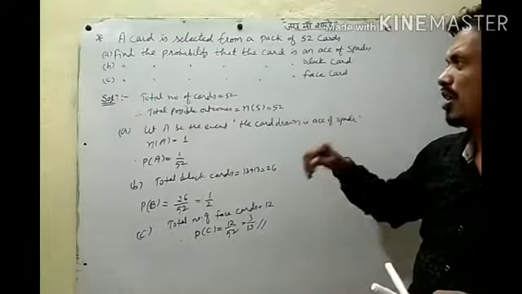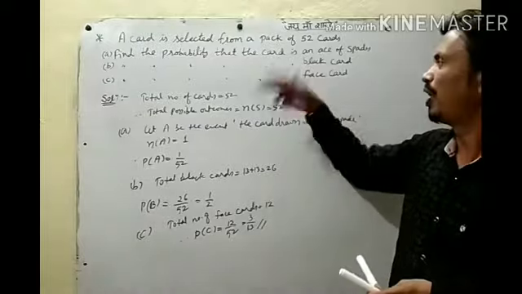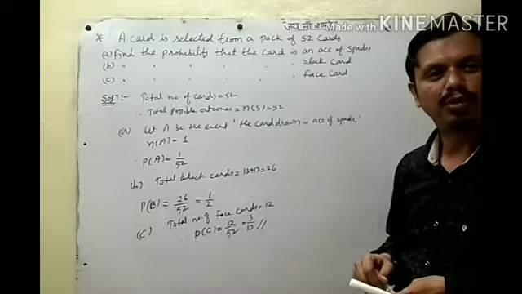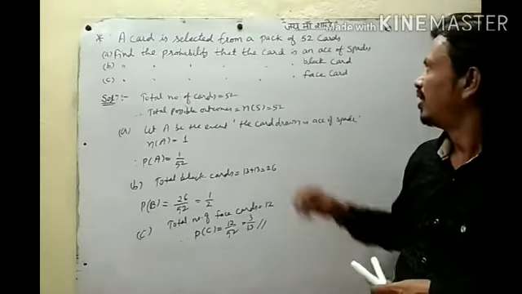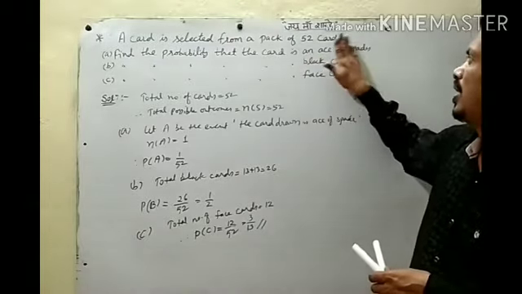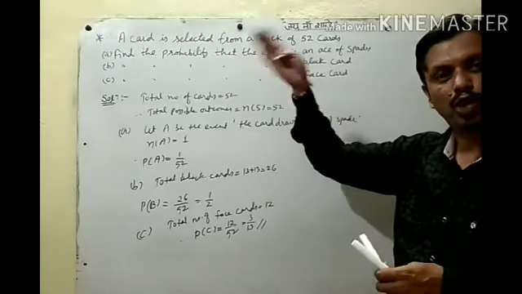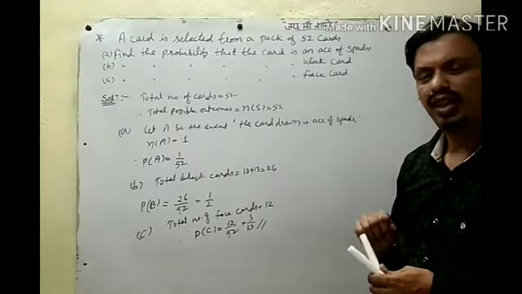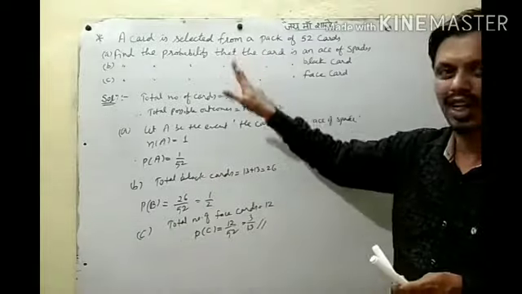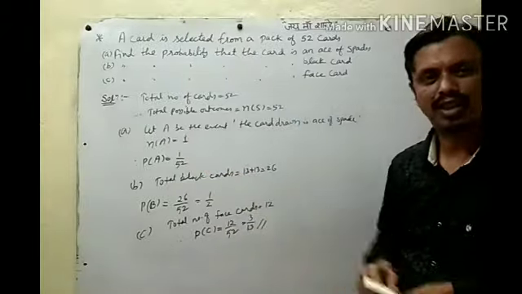If the question is red face card or black face card instead of face card, the total number of red face cards will be 6. 6 by 52 means 3 by 26. If instead of Ace of spade only Ace is given, there are 4 Aces, each group has 1 Ace, so 4 by 52. So the total outcomes will be the same, 52. If we draw one card, total outcomes will be 52 only. Then see what our event is, and according to that you can find the probability.